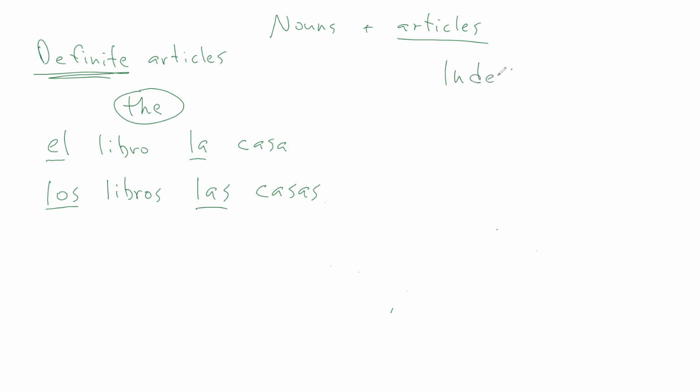We also have indefinite articles, and these refer to indefinite things. As opposed to the book, it's a specific definite book. We could talk about a book, which could be one of many. It's indefinite. So our indefinite articles are un, masculine singular, una, feminine singular, unos, masculine plural, unas, feminine plural. So if we use our same noun, un libro, a book, una casa,